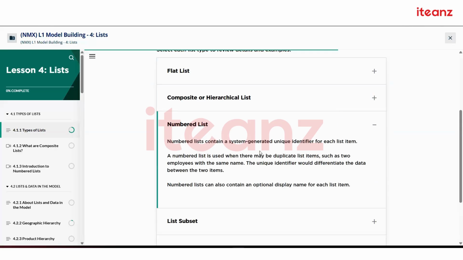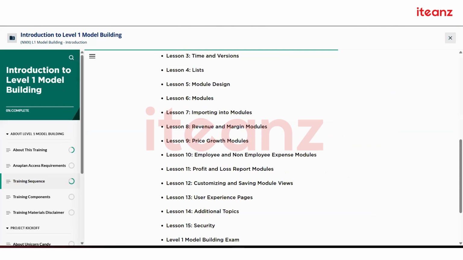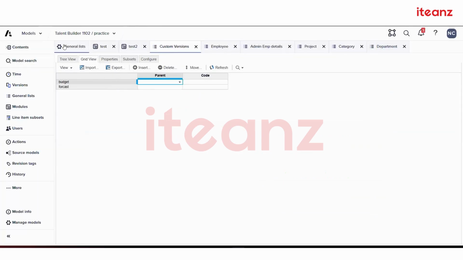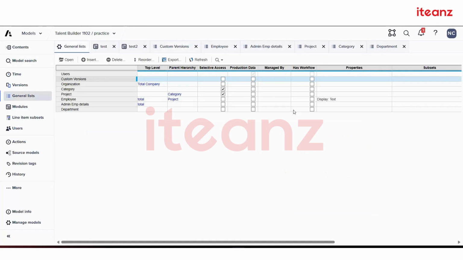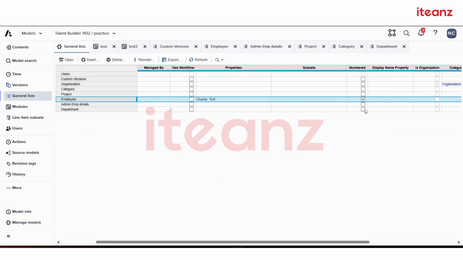Then comes your number list that I have told you about, which is for when the same names or duplicate items are there. Then you use a number list. How to configure a number list, that I will show you. So for example, if I have marked this particular list as a number list,